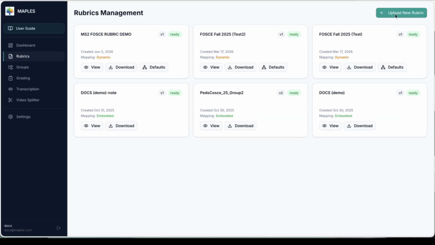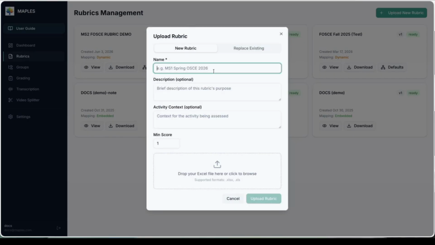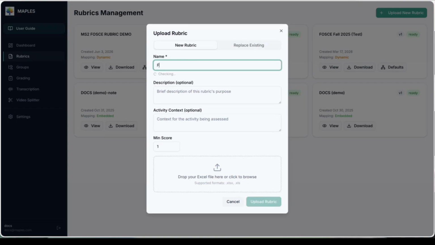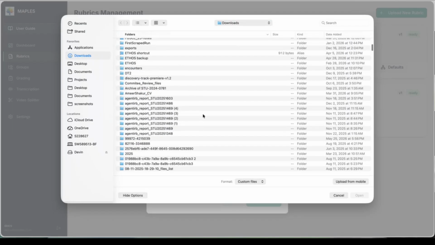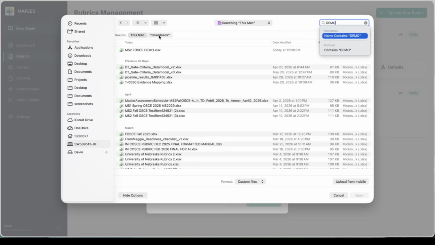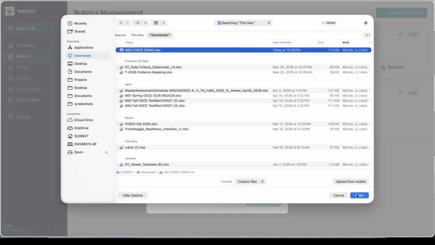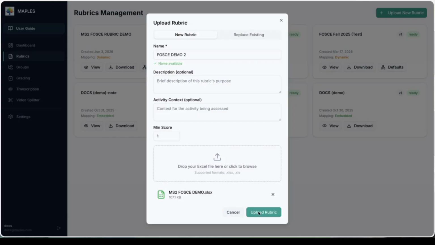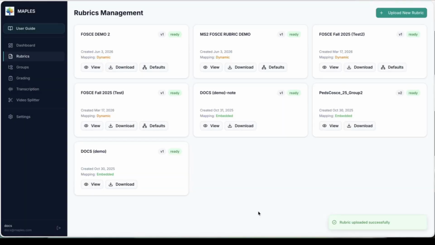I would upload a new rubric. I would give it a name. I'm going to be showing an OSCE rubric today. Let's call it OSCE demo. I would select that particular rubric wherever that is on my system, and I just click upload rubric, right? And I have this rubric